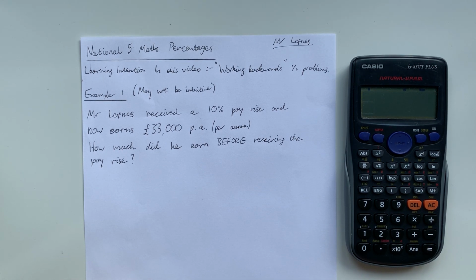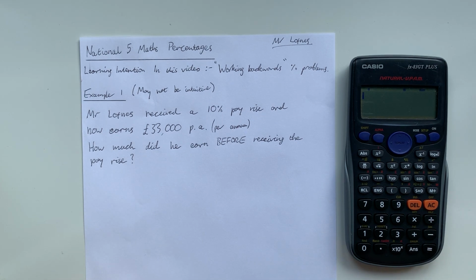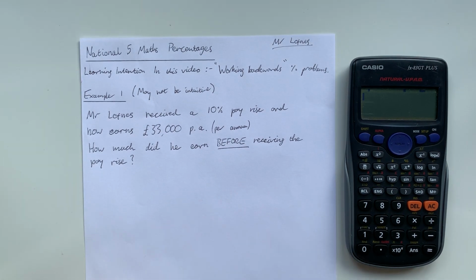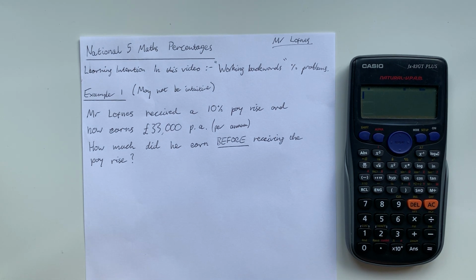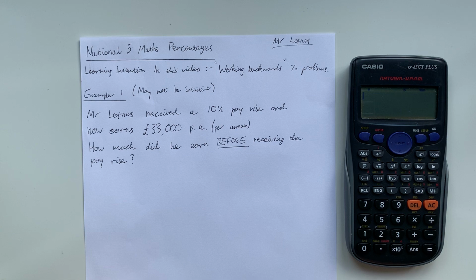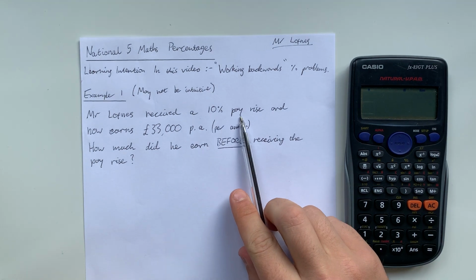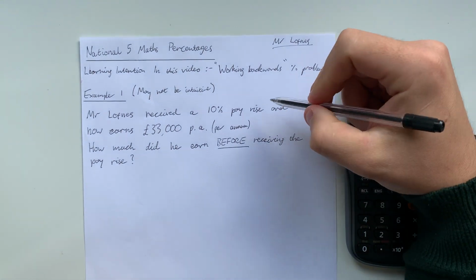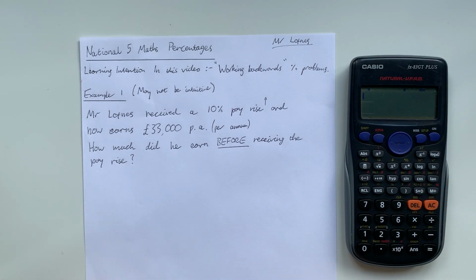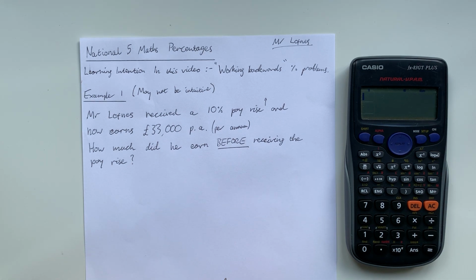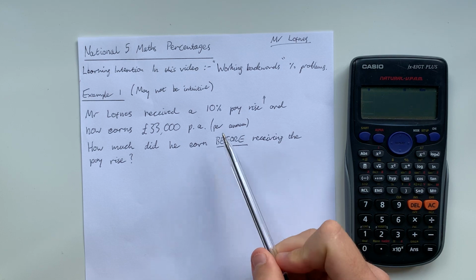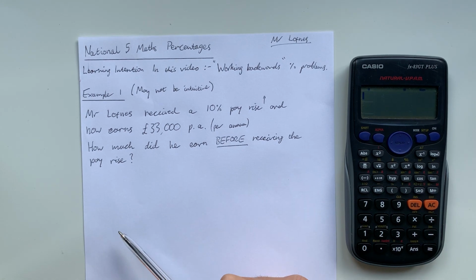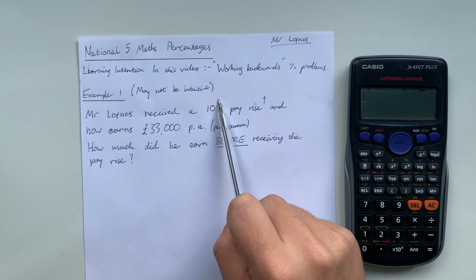Okay, so the question is, how much did he earn before receiving the pay rise? When you read that, it might sound really straightforward, really simple. Well, if he received a 10% pay rise, that obviously means it's going up. So he's getting more money, and then he's arrived at this £33,000 per year. So if we wanted to find out how much he made before the pay rise, surely you would just take